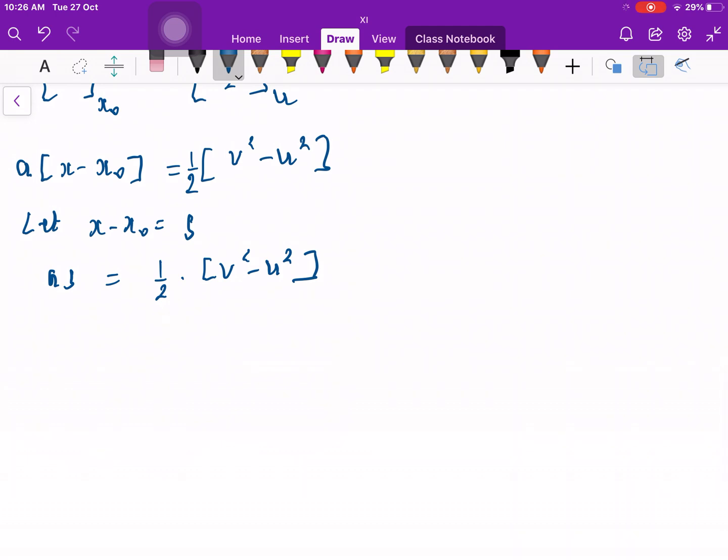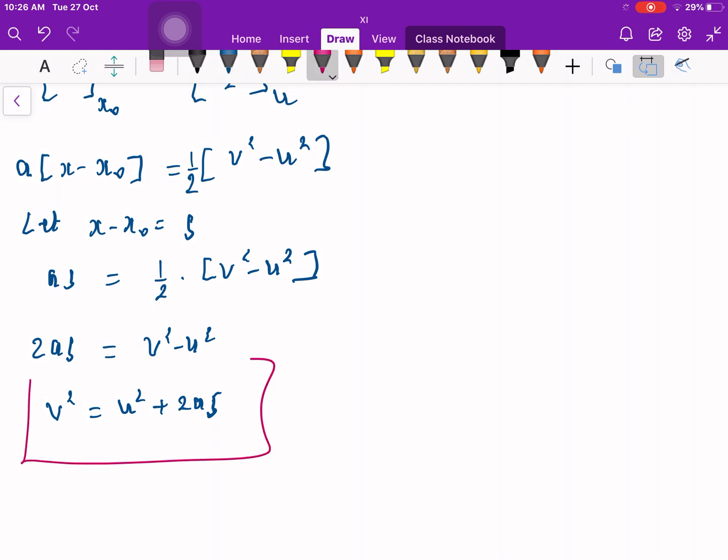Or I can change the side: 2as is equal to v square minus u square. Or I can rearrange it, so I have v square is equal to u square plus 2as. Now what is it? It is our third equation. So this way we got